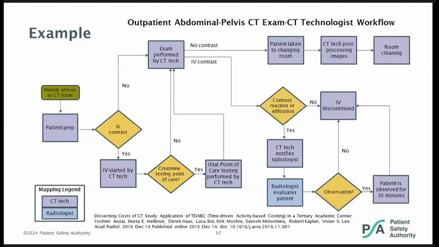What's nice about this one is that it differentiates between the CT technician and the radiologist, and you can see the legend in the bottom left. At a quick glance, if I'm working in CT, I can figure out the areas I need to focus on. If I'm one of the radiologists, I can see here's where our role coordinates, but also what other areas we interact with. So this is an example of the visual representation. Yours might look even more complex depending on how detailed you get with the map.